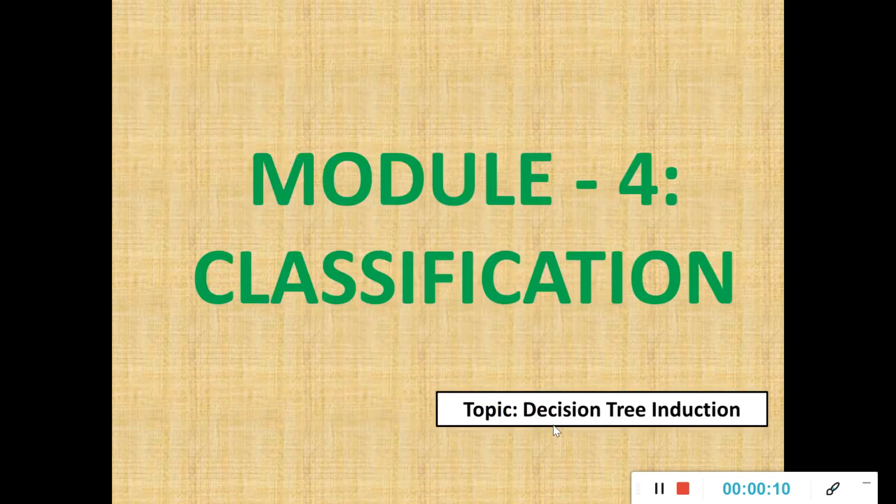In today's class we will be discussing decision tree induction, which is associated with your module 4, that is classification. In your previous class we discussed the basic introductory details of classification, the definition of classification, and how to evaluate the classifier after the classification model is built using your training, validation and testing data sets. Once your model is constructed, we evaluate the performance using the two-way contingency table or confusion matrix. We find the accuracy before classification and after classification. We have seen the general properties of a classifier.